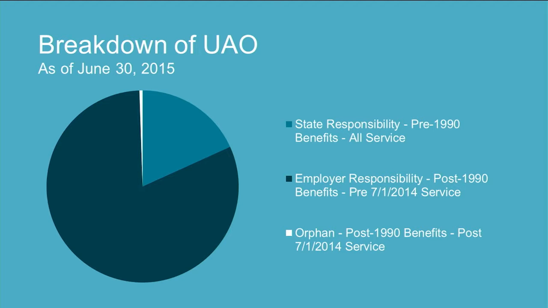So the funding plan was set to pay the unfunded actuarial obligation in place in 2014. This is how it looked in 2014. More than 75% of the unfunded actuarial obligation at that time was for the post-1990 benefit structure. But going forward, let's say our returns are below expectations,